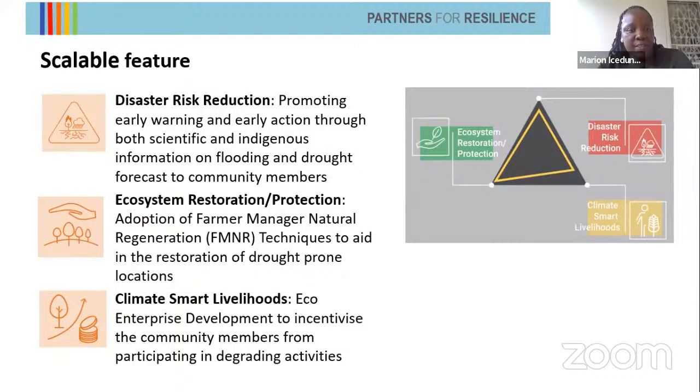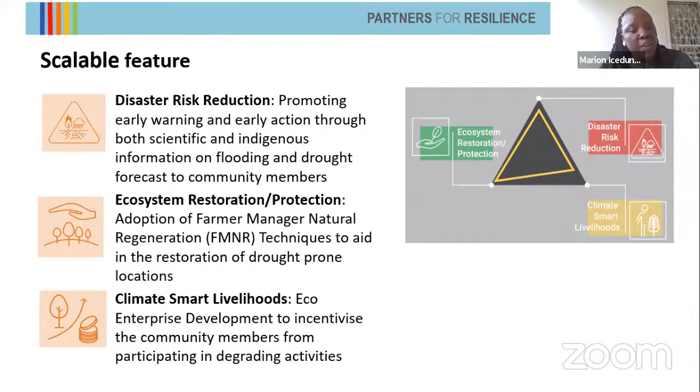So the scalable features, or things that someone can carry home from the model, looking at disaster risk reduction, it was really about promoting early warning systems, but blending local or indigenous knowledge with scientific knowledge. It encouraged communities to actually trust the data, but also take action based on both indigenous validation and scientific